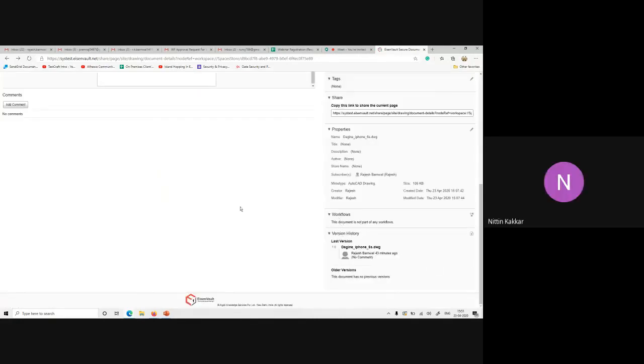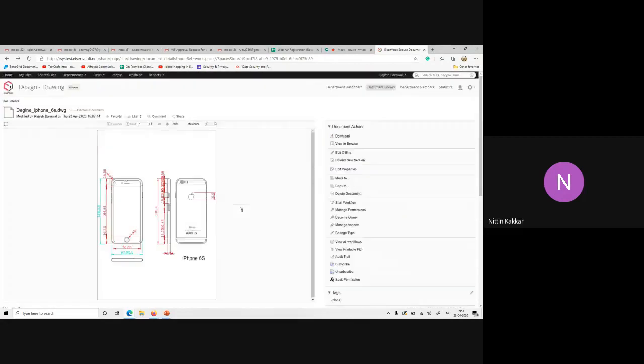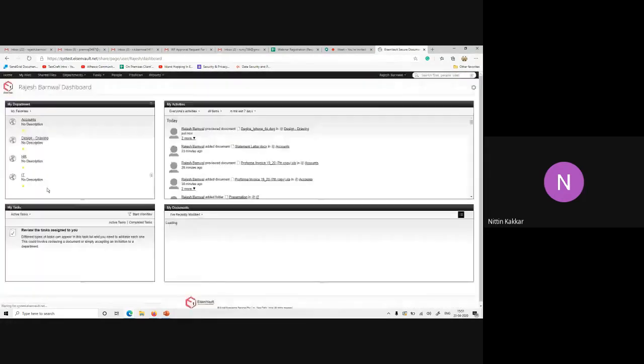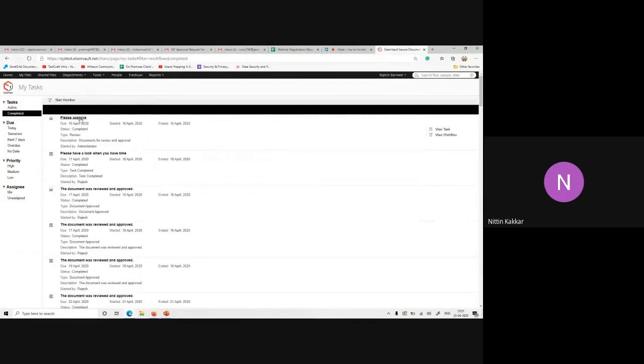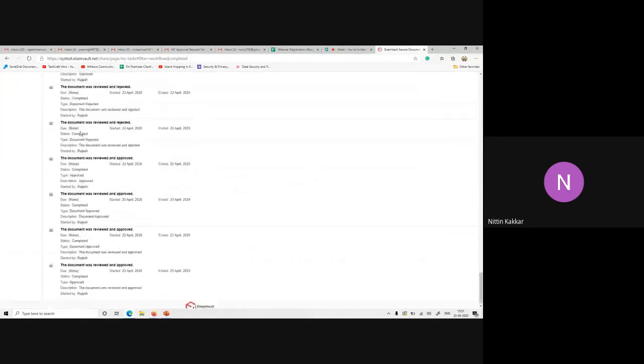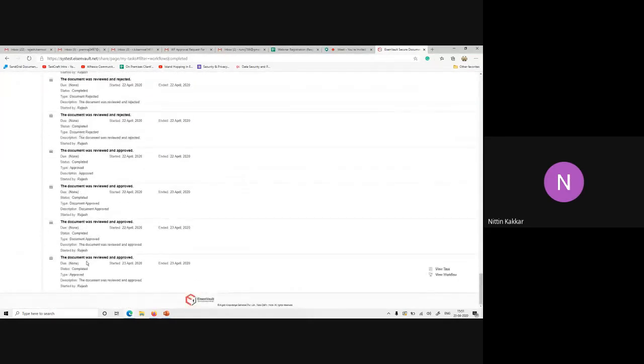Rajesh, you need to go in completed tasks because it's closed, so it will not show you. Now the status is complete instead of not yet started. Anything else?